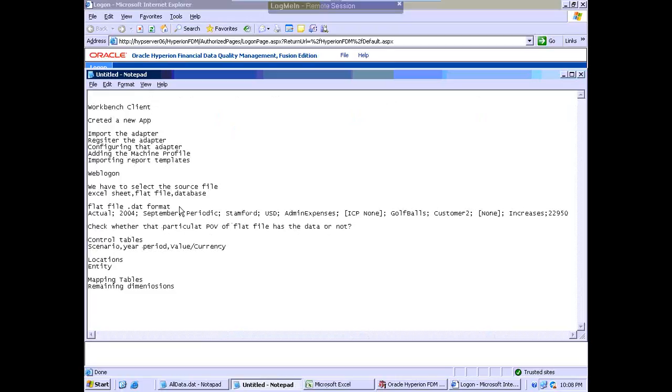See, okay. So what are the members we have in this flat file? We have to create in terms of control tables, locations, and mapping tables. See what are the dimensions we have to create under control table. Scenario means actual, and year means